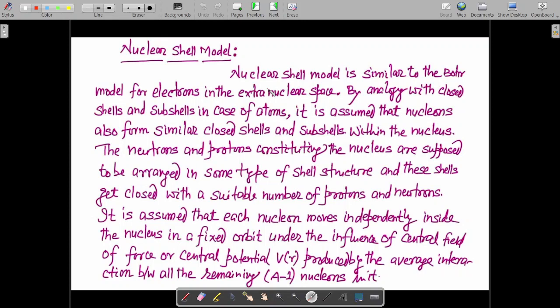So the Bohr model for electrons is in the extra nuclear space. How electrons are filled in the extra nuclear space, that is told by the Bohr model for electrons. But as far as the nuclear shell model is concerned, it is related to how the nucleons are filled inside the nucleus in various successive energy levels. Both the models are very similar, but the intricate details will be different. For both the models the intricate details will be different. For example, the